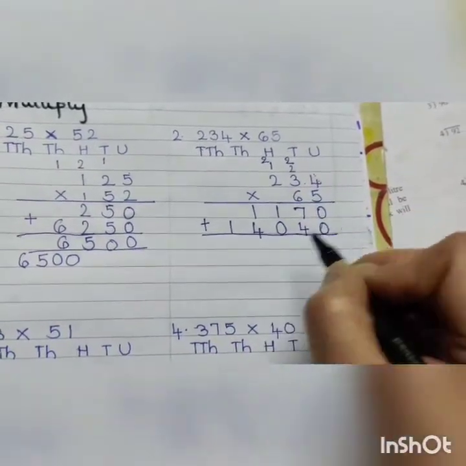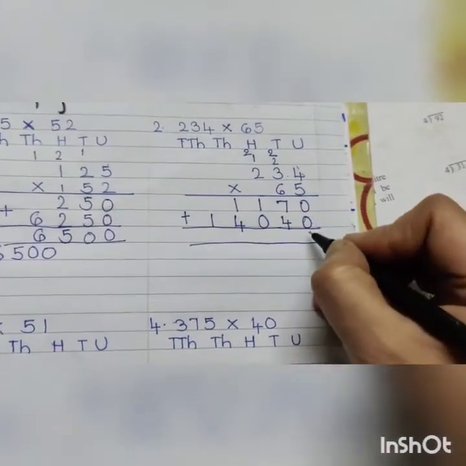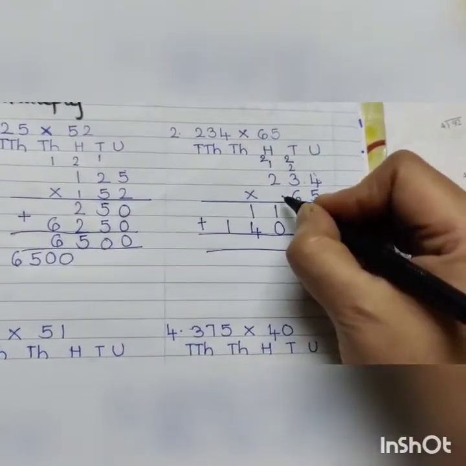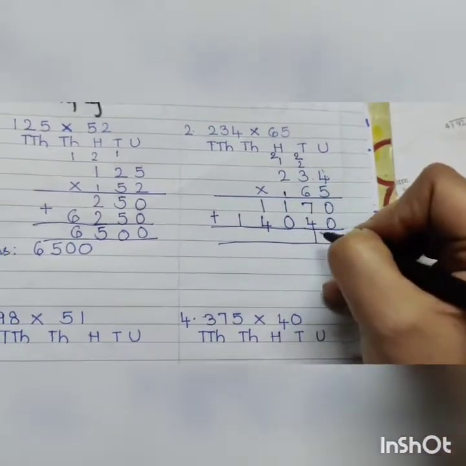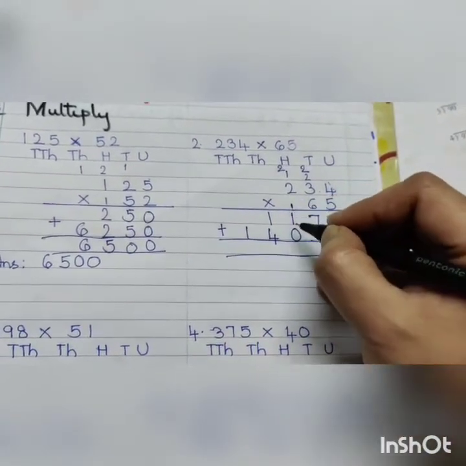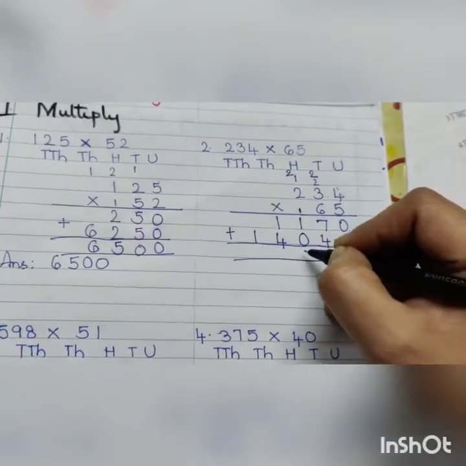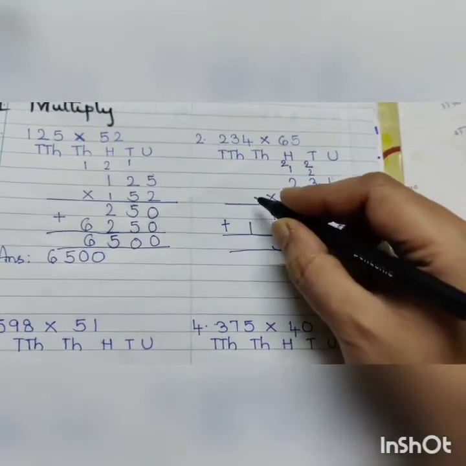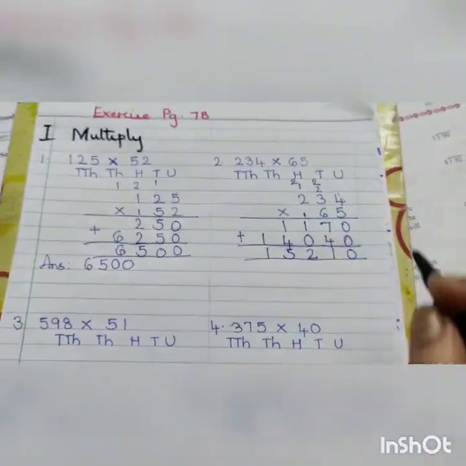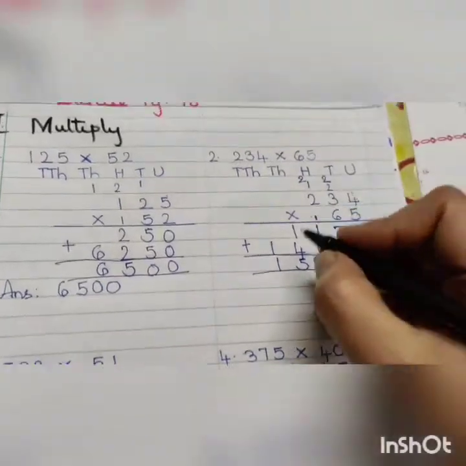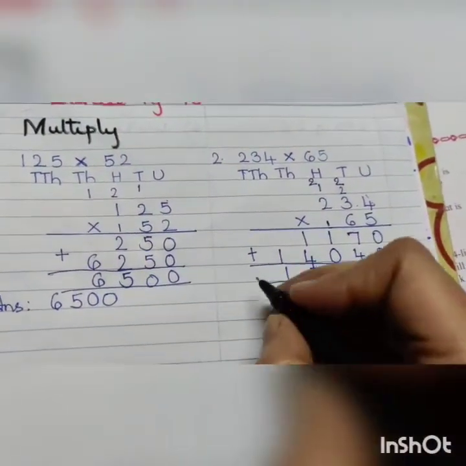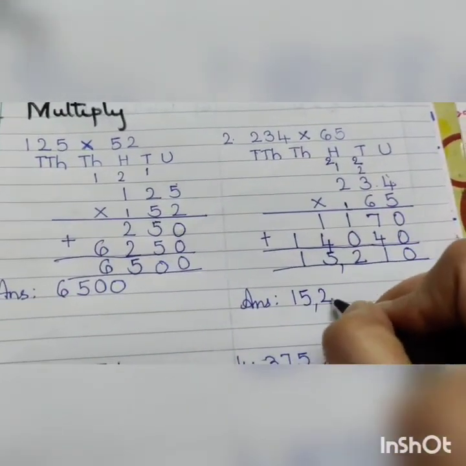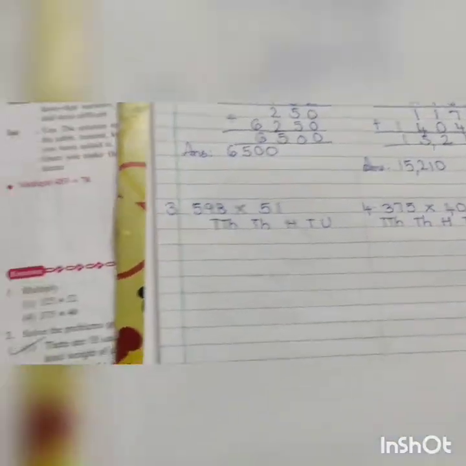So when we add these products, what answer do we get? 0 plus 0 is 0. 7 plus 4, 11. 1 you get carried over here, right? You carry over that 1. 1 plus 1 is 2. Plus 0, again 2. 1 plus 4, 5. And this one is alone, so we just write it as it is. So it is 15,210. Answer 15,210. Good. Now let us do some